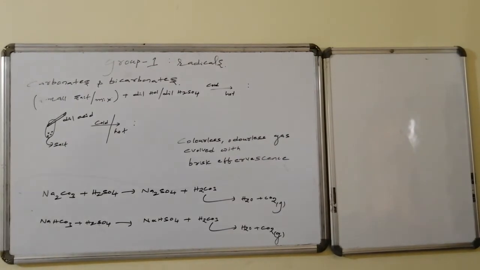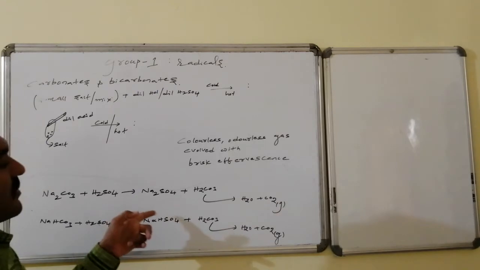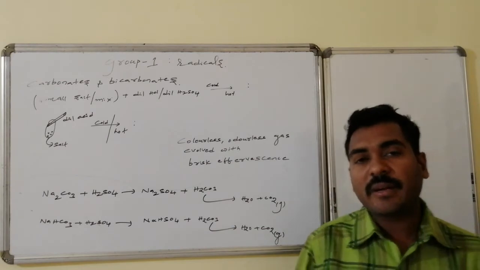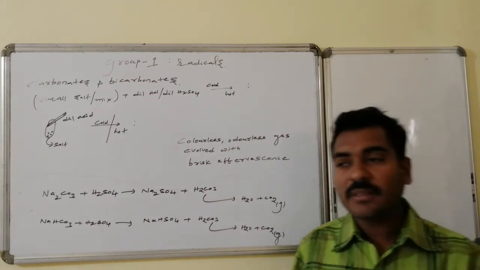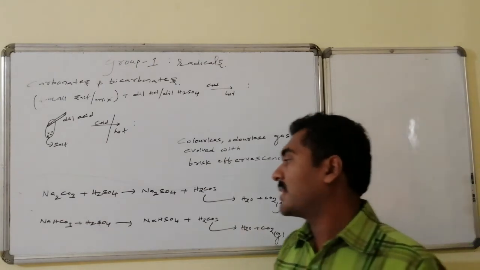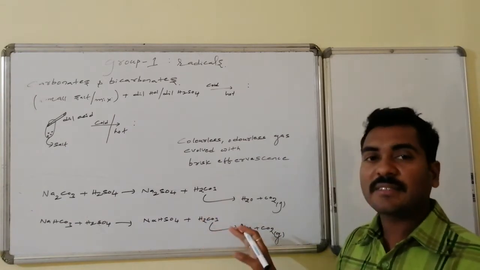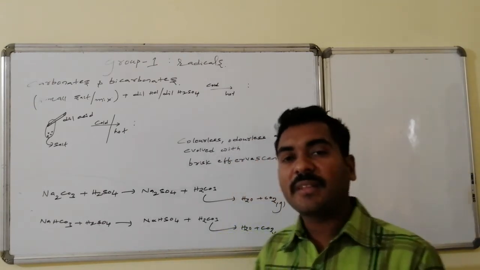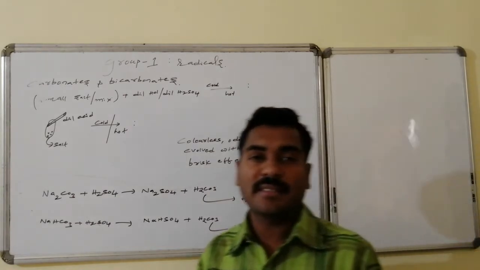If the salt contains carbonate, its reaction with sulfuric acid leads to the formation of the metal sulfate followed by carbonic acid. Carbonic acid is unstable and it is converted to a combination of carbon dioxide and water. Carbon dioxide comes in the form of gas. If it is bicarbonate, on reaction with HCl or sulfuric acid under dilute conditions, it is converted to bisulfate followed by carbonic acid. Once again, carbonic acid, being unstable, is converted to water followed by carbon dioxide in gas form. Thus, the odorless, colorless gas is carbon dioxide.